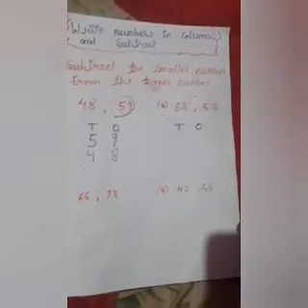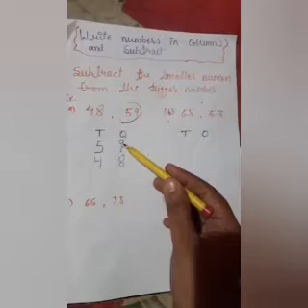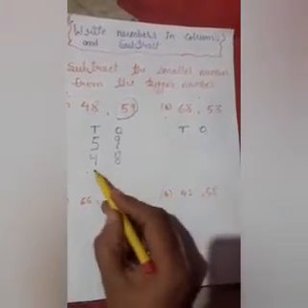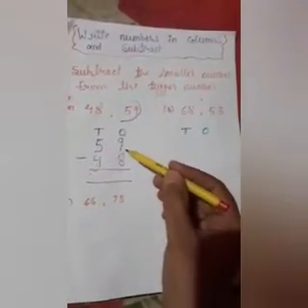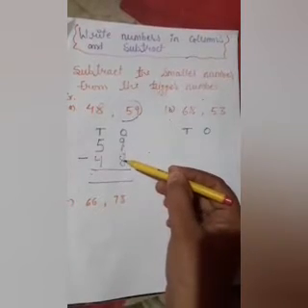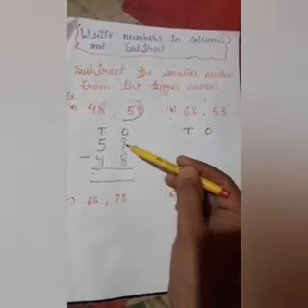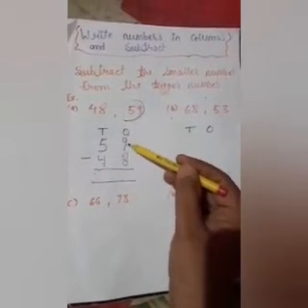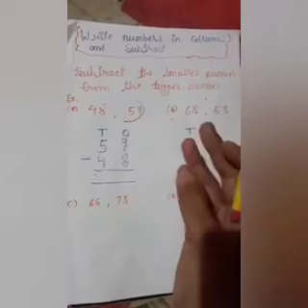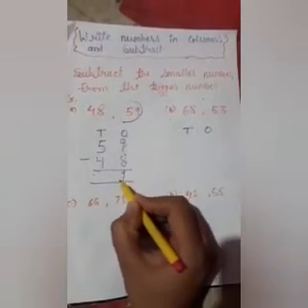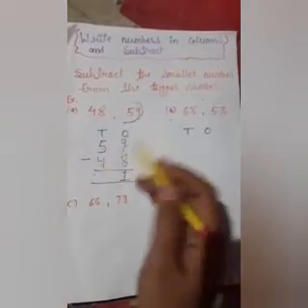Now subtract the smaller number 48 from the bigger number 59. We will use the subtraction sign, minus. Now we have 9 in the ones place and 8 in the ones place, 5 in the tens place and 4 in the tens place. So we have to subtract 8 from 9. We count forward after 8, 9. So we get a difference of 1 between 9 and 8. And for 5, we count forward after 4, 5.